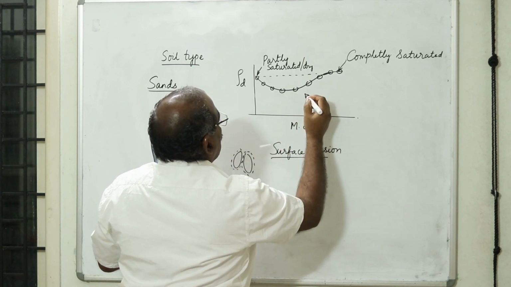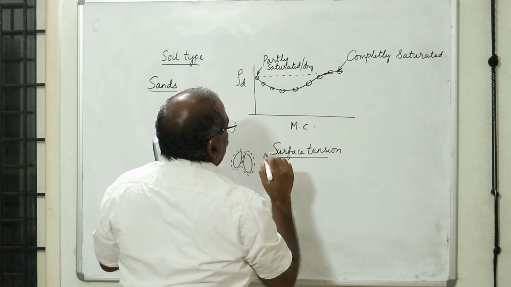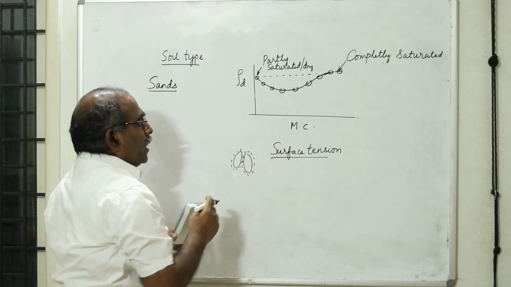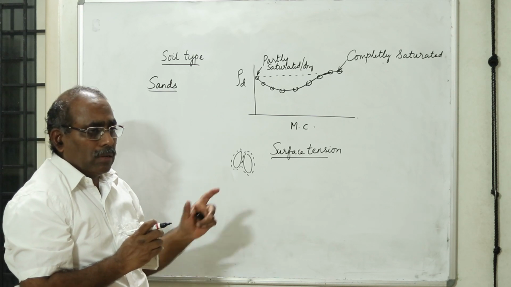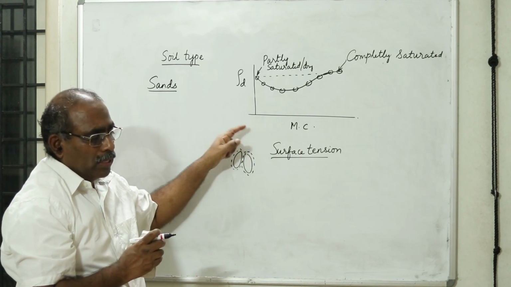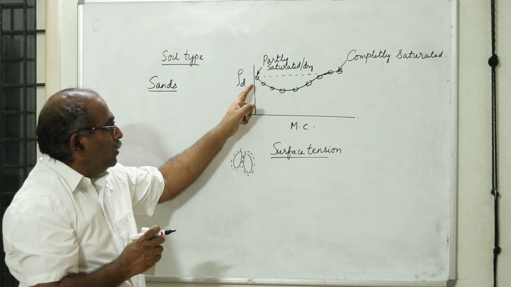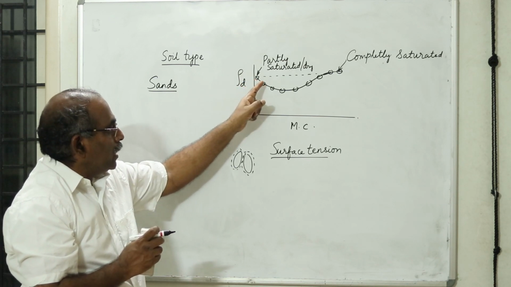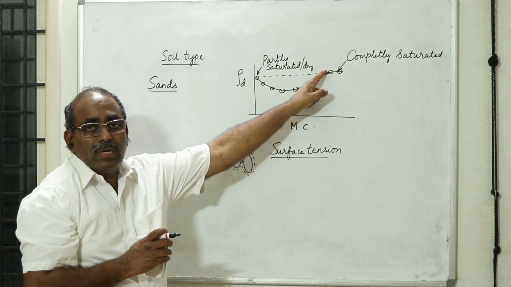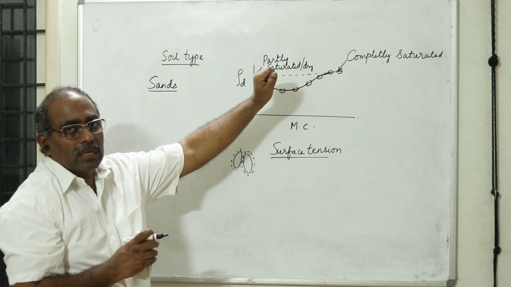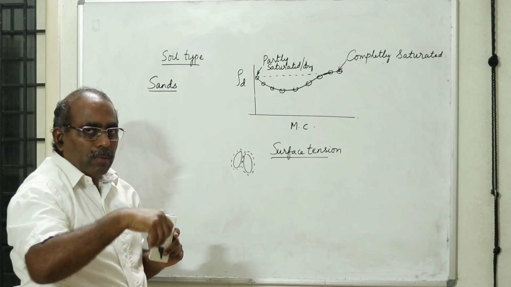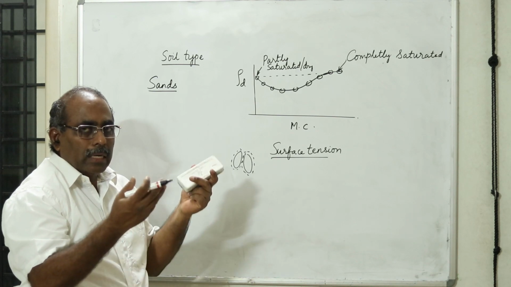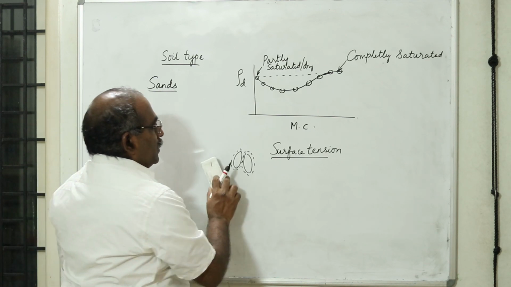Now we have to understand that this is a very important aspect coming to practical compaction. Whenever you are trying to do the compaction of sandy soils, especially in ground development techniques, which we are going to discuss in more detail, we use vibration techniques for compacting sand, and you are going to do it either in a dry condition or in a fully saturated condition. In the vibro flotation method you use a vibro probe, and a jet of water enters and you vibrate it, and this leads to the compaction of sandy soils.